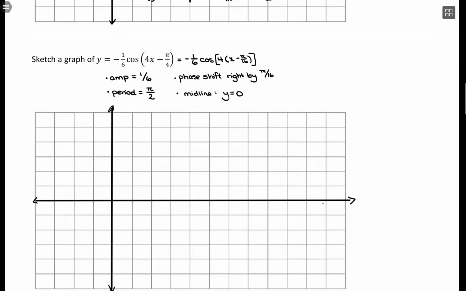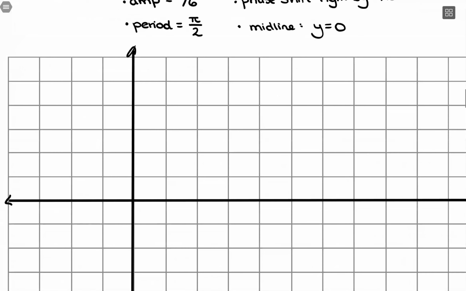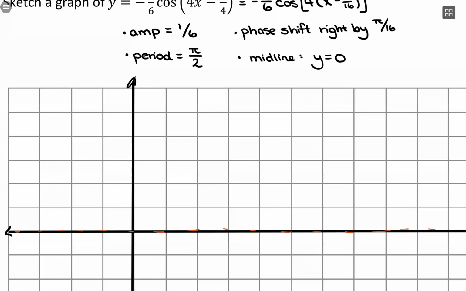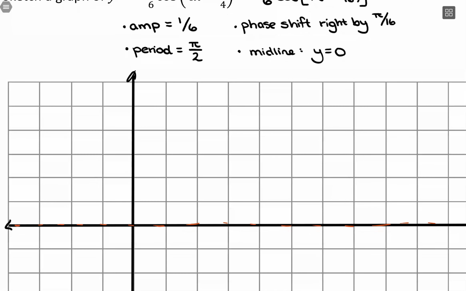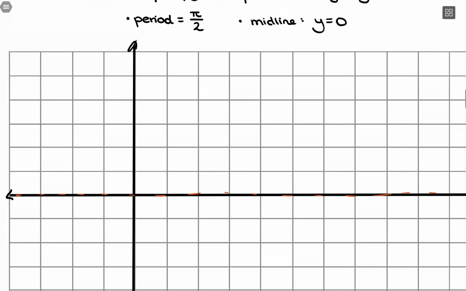Alright, so all these pieces working together. Now the midline is y equals 0. That's going to be the middle of our graph. And then amplitude is 1/6. So with this we can get creative with labeling our y-axis. Let's go ahead and say 6 of those squares is equal to 1. Which means this would be a half. Which means this would be a